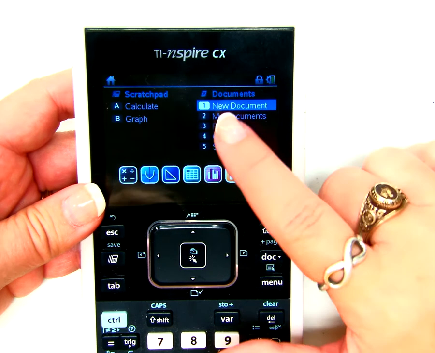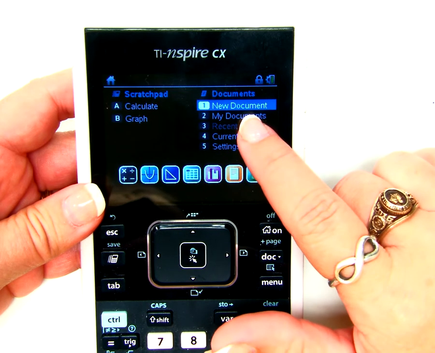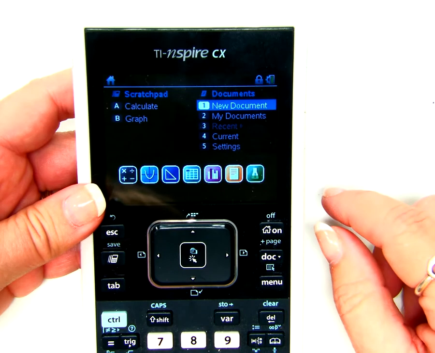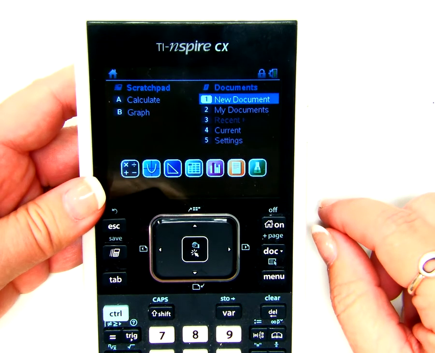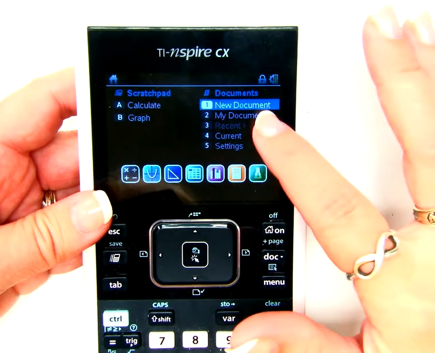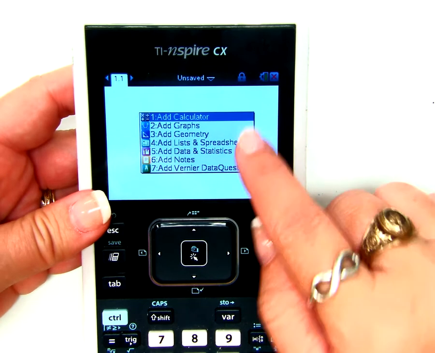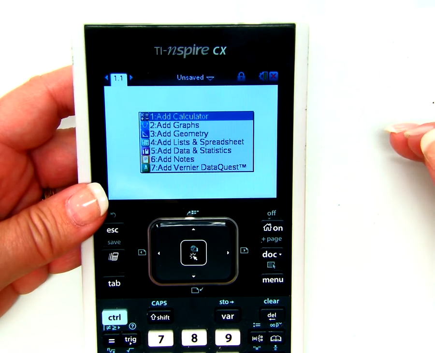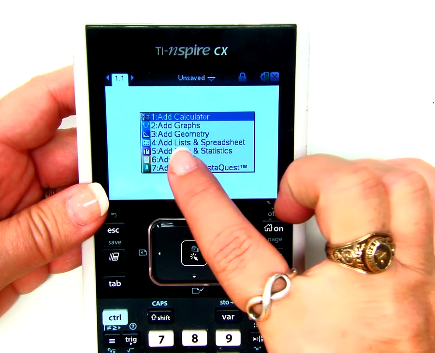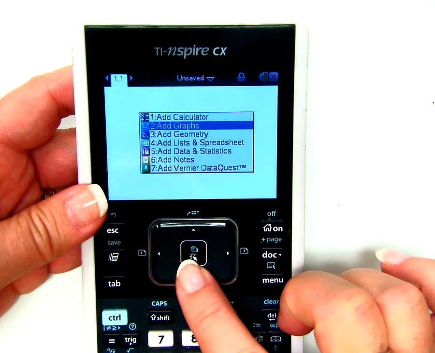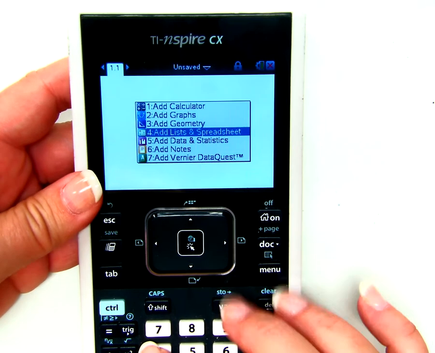Okay. We want a new document. Remember, this calculator is a whole lot more like a computer than it is a calculator. So if we need a calculator page or a graph page, we really want to open a new document. We want to open a new document because we're dealing today with linear regressions. We want to open a document that is a list and spreadsheet. Okay? So you can either arrow down to number 4 or you can actually press the button number 4 and